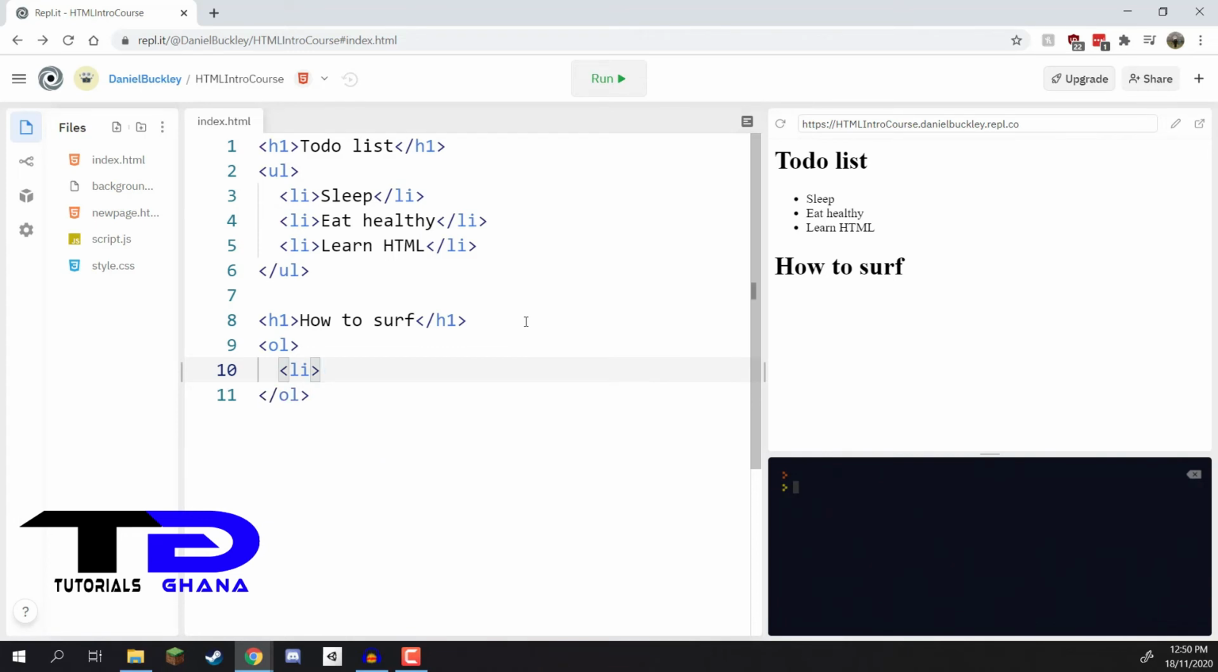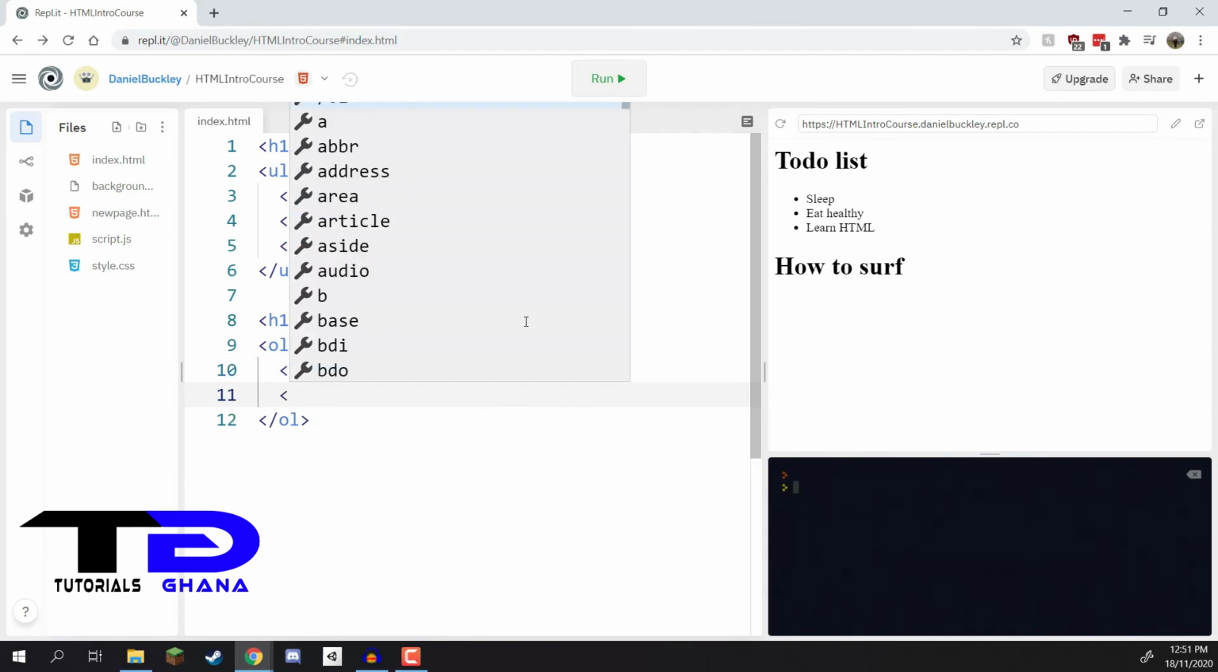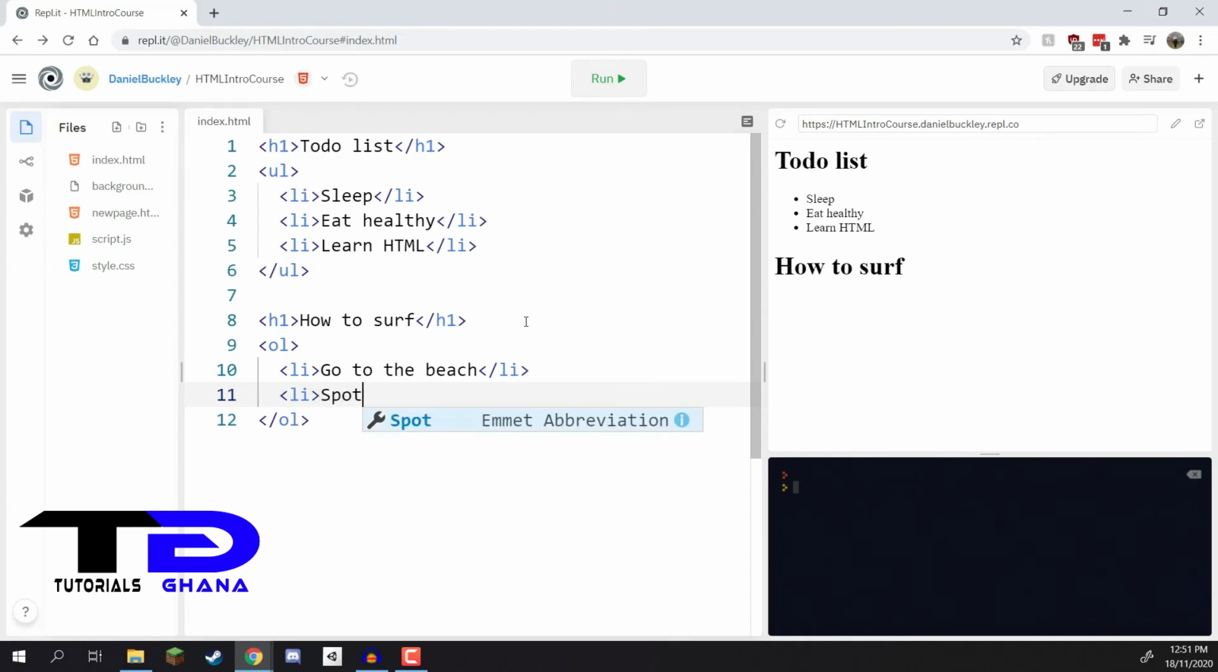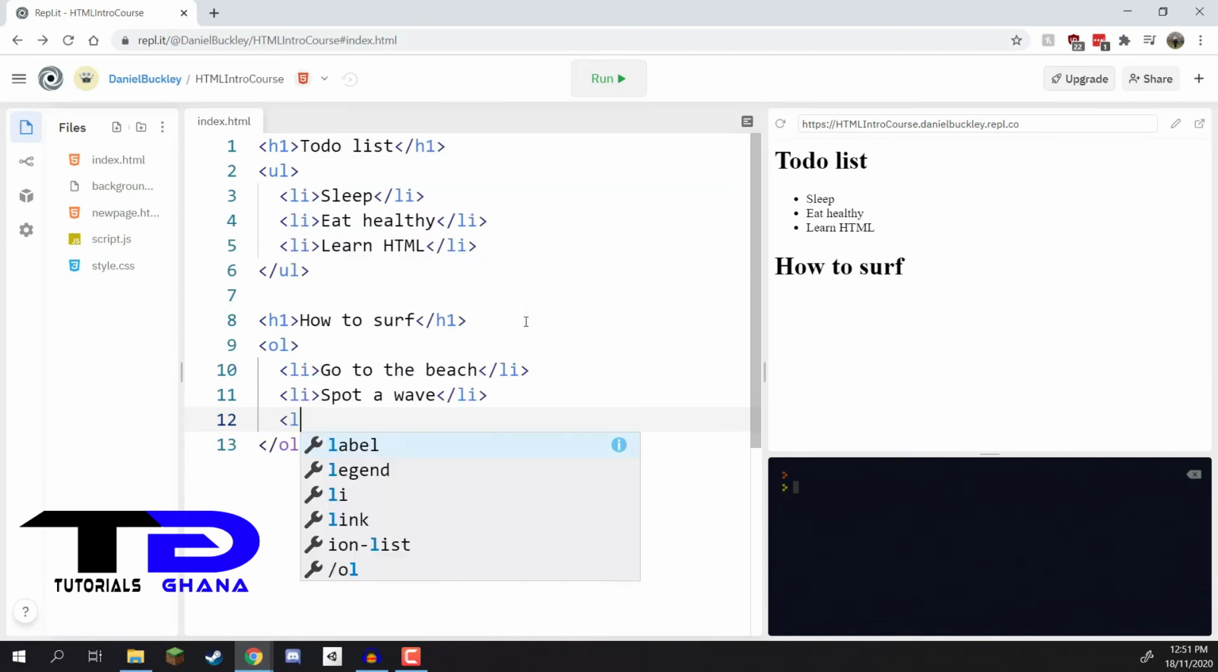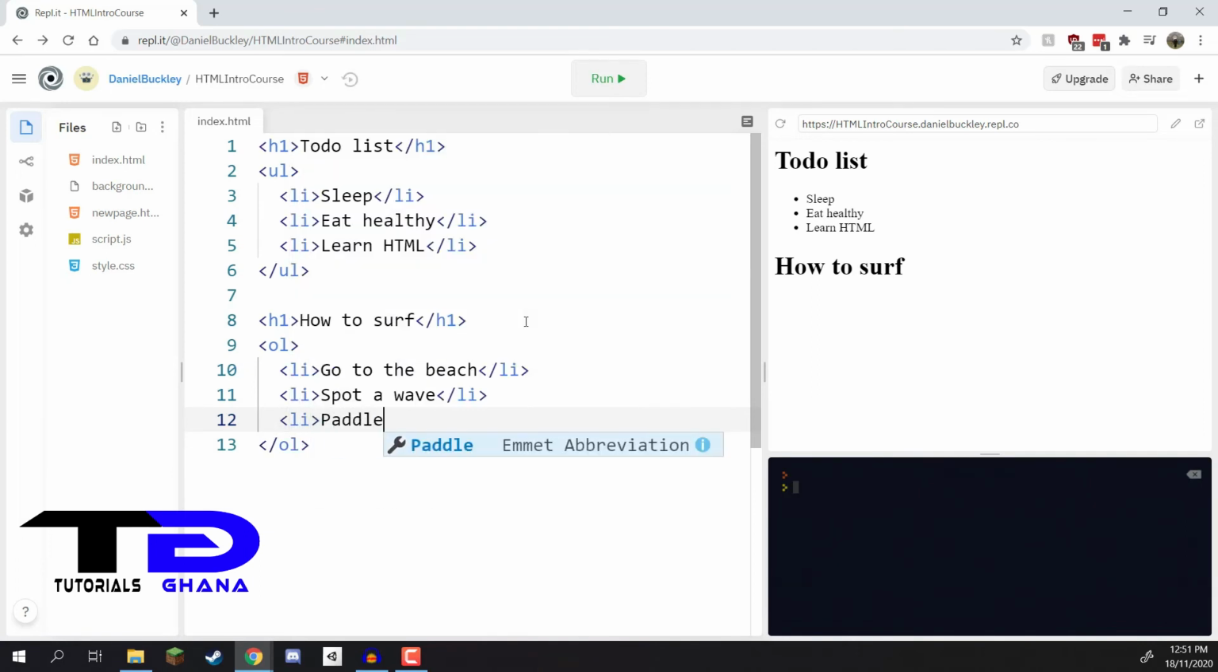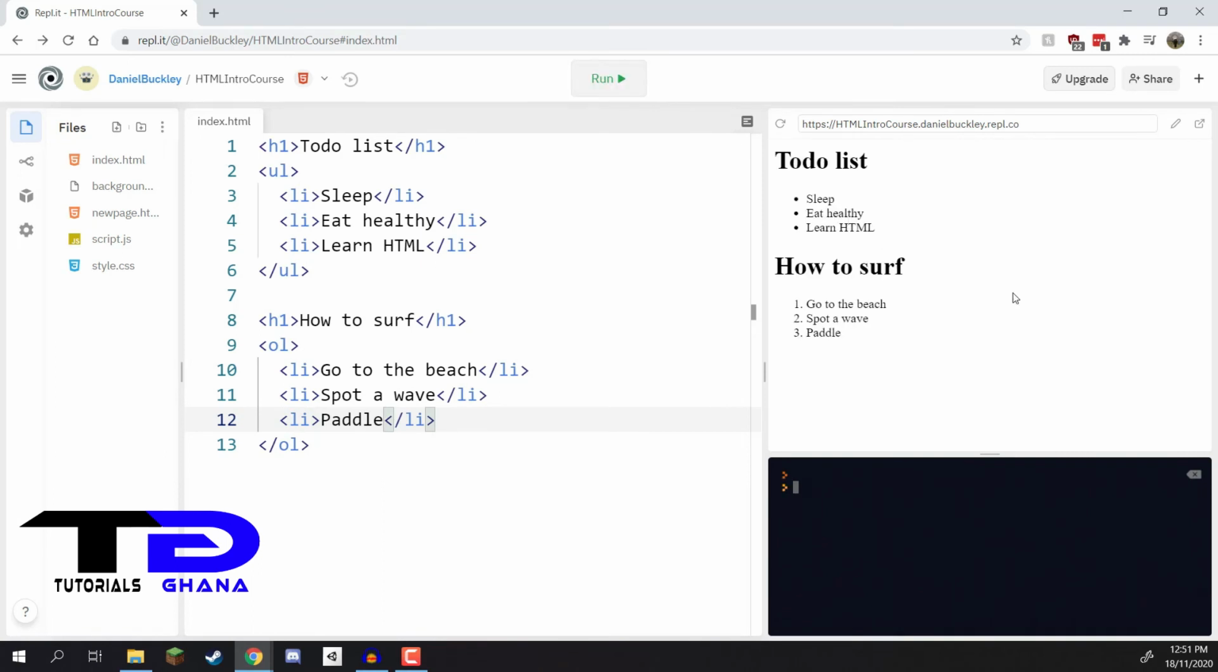So first of all, how to surf: go to the beach. For the first element, we can then go /li to end that tag off. Create a next tag, could be maybe spot a wave, /li to end that off. And finally, we could have another list element that just says paddle. Then we can click run, and you'll see here that unlike our unordered list, the ordered list has numbers. It goes 1, 2, 3, and any other element we'd be adding in would also have numbers going up from 1. So an unordered list is something like a grocery shopping list or things to buy, any sort of order